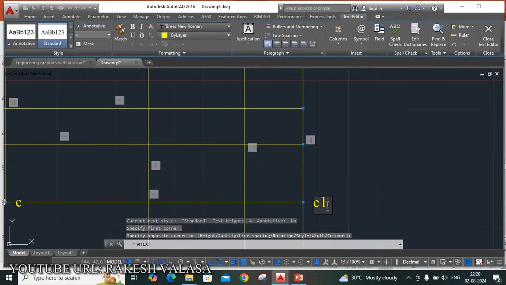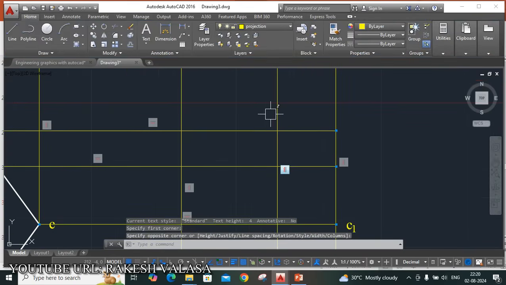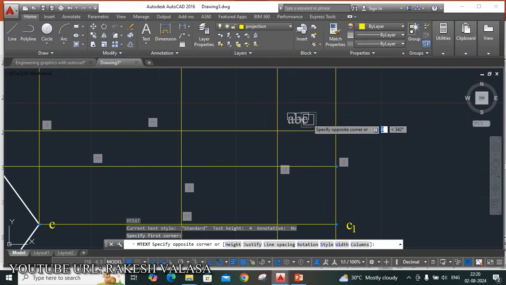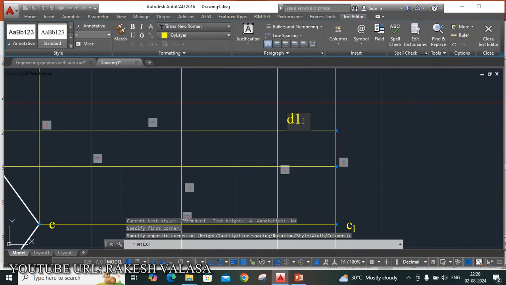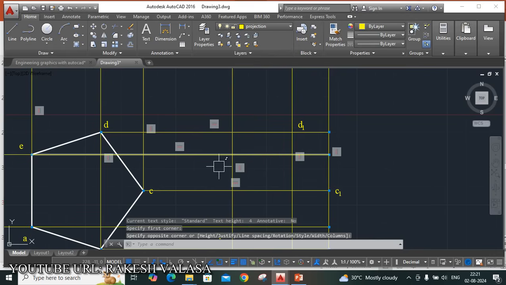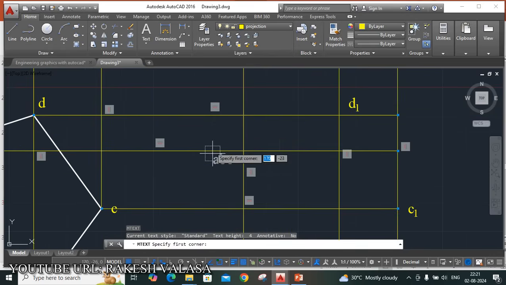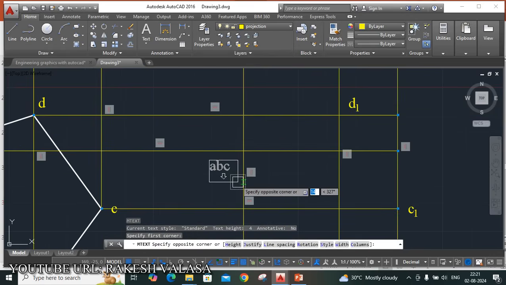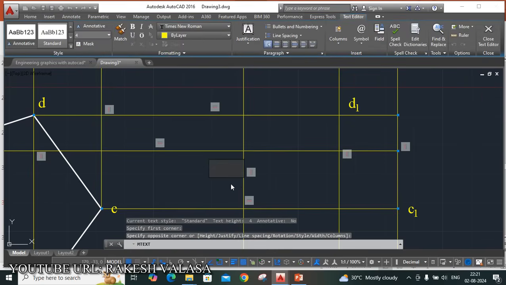C1. Next, D1. One is subscript. The last one is E, horizontal projector and E1 dash vertical projector. The intersecting point name is E1. Yes.